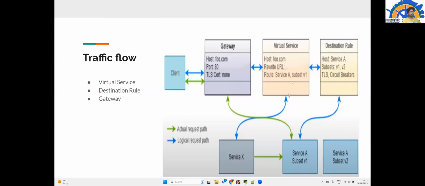As I mentioned, you can see in this flow this green line and blue line. The blue line is the logical request. What it means is, if a client wants to connect to service X, it will go through the service gateway and eventually end up over here. But actually it would have gone through the actual path from here to here.